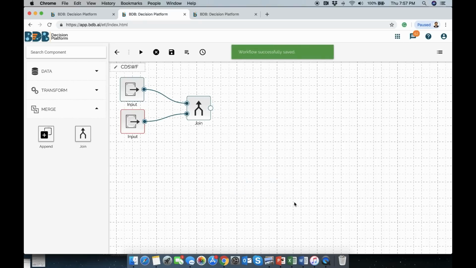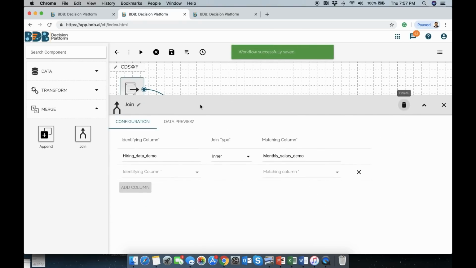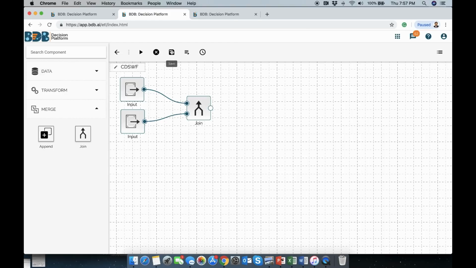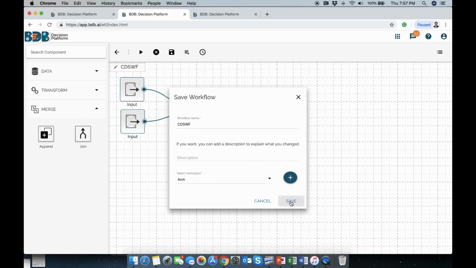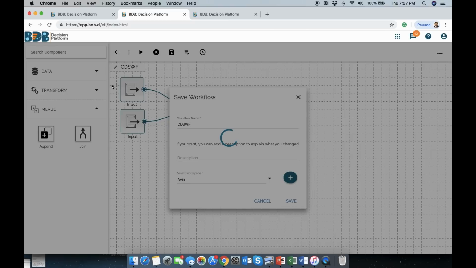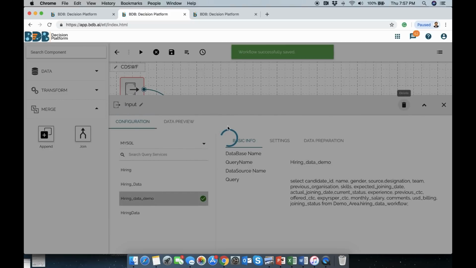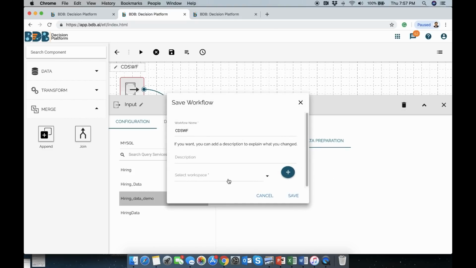So this is our ETL tool, and I have saved a workspace, and I will do a left join on the basis of candidate IDs, because this is the matching column in both the cases, and this is good enough. I can actually save it again just to ensure that I don't lose anything. Now what I can do is, the sheet that I get from recruiters will have a lot of junk data, and what I can do is I can